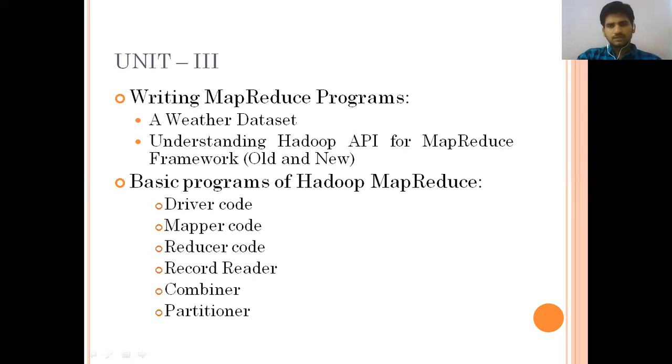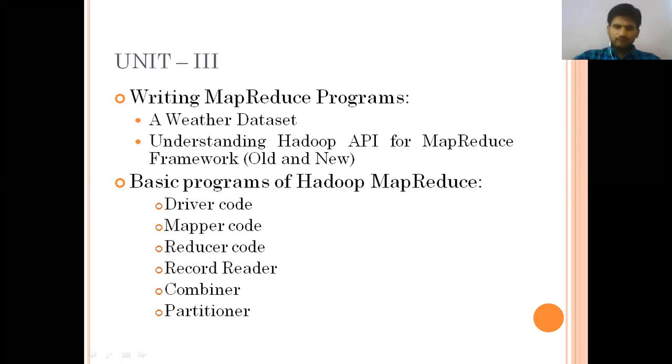As usual, we have the building blocks of Hadoop: name node, secondary name node, task tracker and job tracker. Same way here also we have the remaining parts. We are going to learn about each of them, with a coding part. Generally, once we have a Java package, what are the basic functions in those packages? Those functions we are going to discuss here also. These are the main things we are going to discuss in the third unit. It is a very small unit, so we will complete it in 3 or 4 classes.